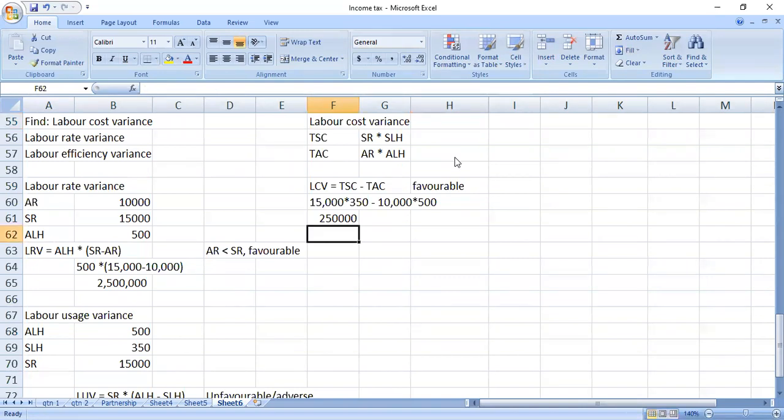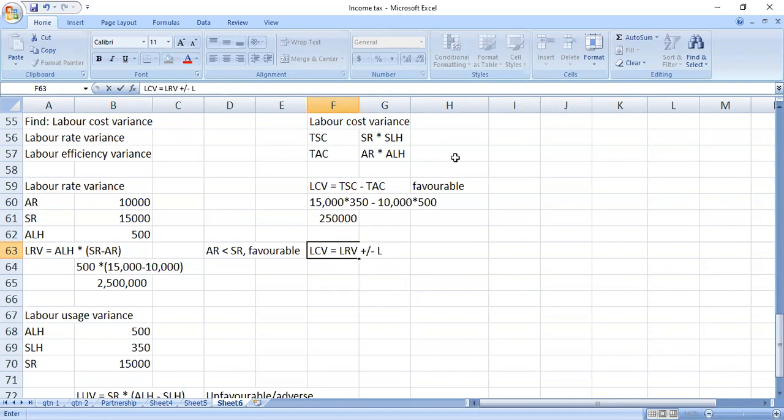So if I put the other format, labor cost variance will be equal to the labor price variance, plus or minus, depending on whether it's adverse or not,